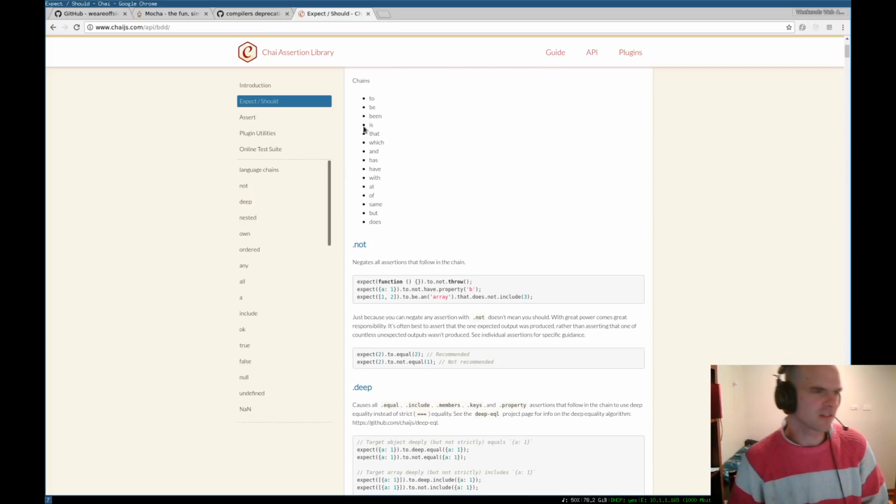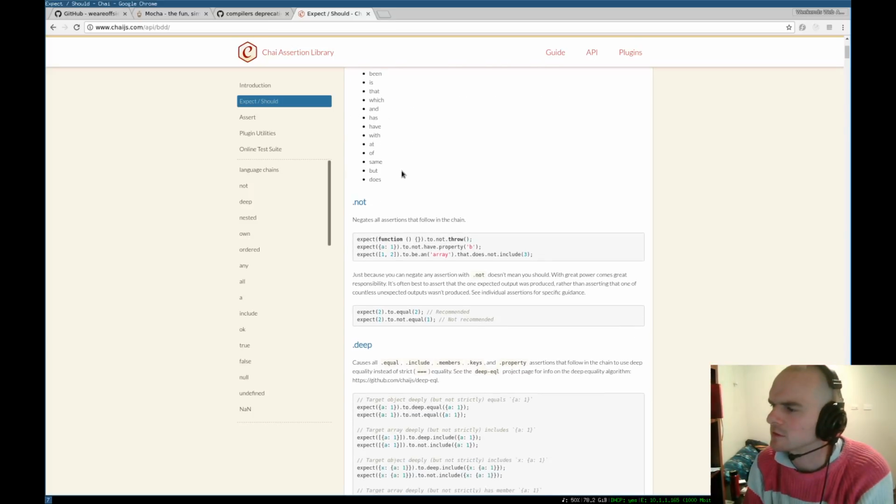So this has these language chains for the testing, which is a bit interesting to work with.